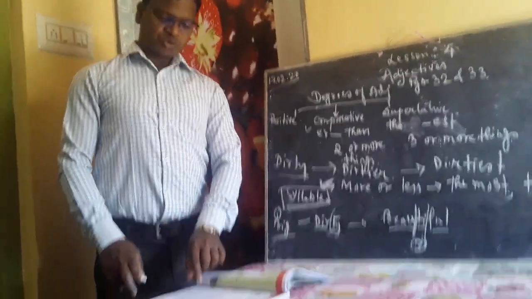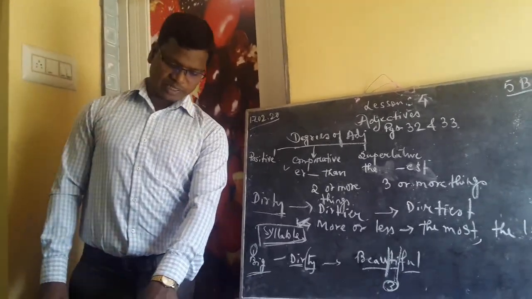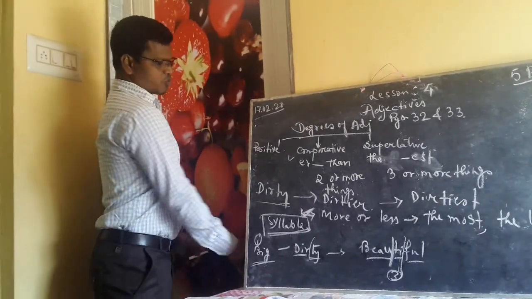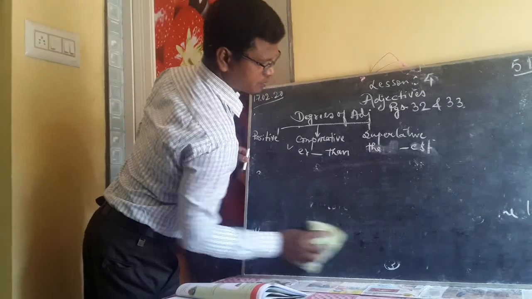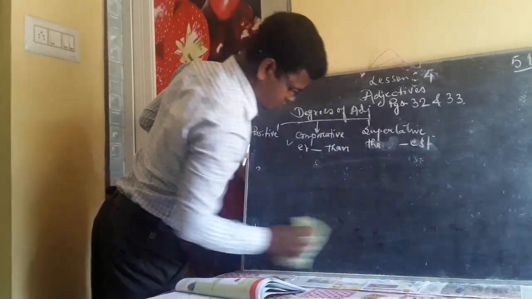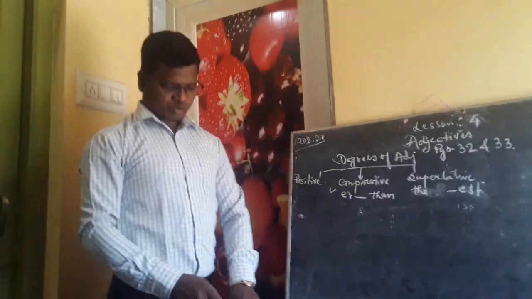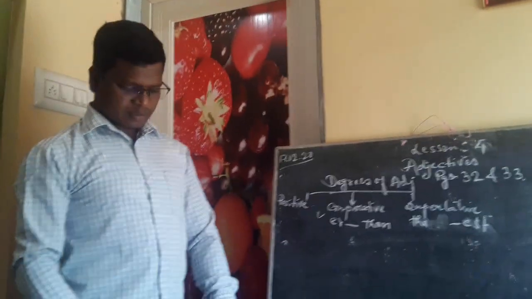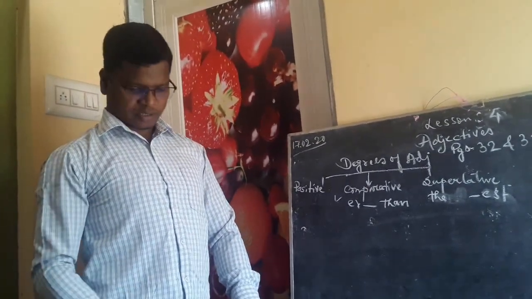Let us move on to question number 2. Rewrite the sentences using the adjectives in the bracket with less. So with less we have to change them. Look at the board once more. The first one is already done for us. I will do the second one for you. The pink skirt is more expensive than the yellow skirt.